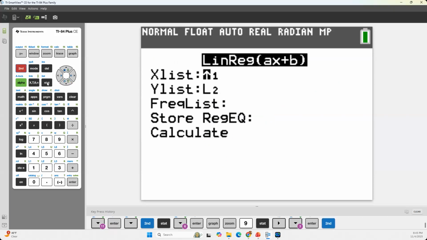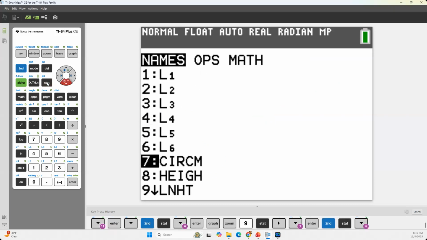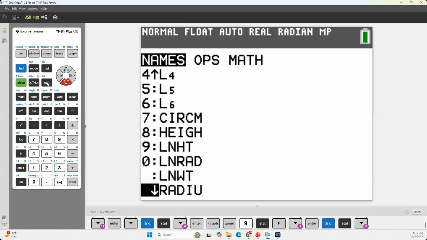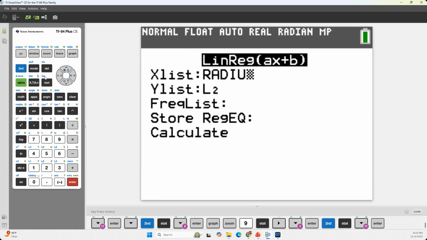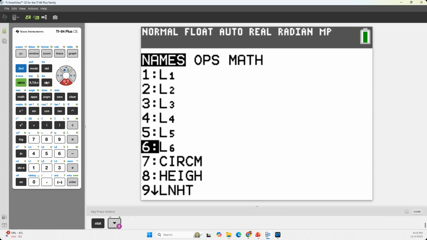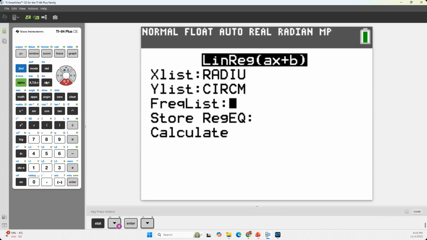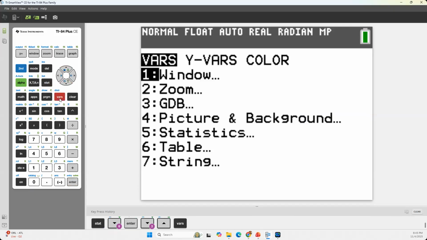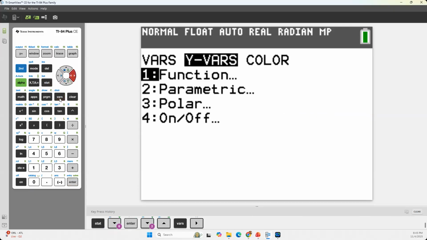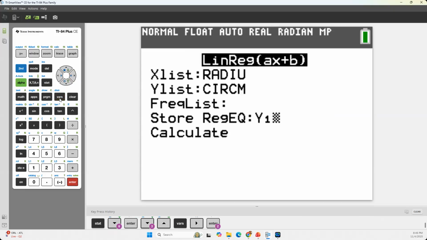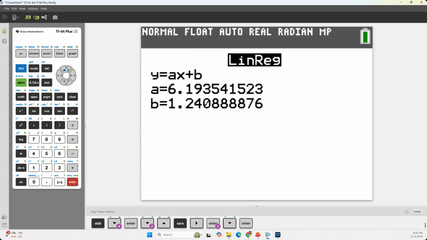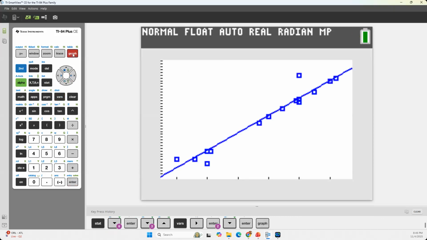And once again, students aren't quite used to this idea of going in and having to find these names in the list. They're used to using L1 and L2, but the more you do it, the more they get used to it. And I'm going to store that regression equation real fast. Gail, I know that there's hotkeys, but I also just go in and I like to store it using the long way. And I don't know why. I really don't. But so we've got this nice equation,